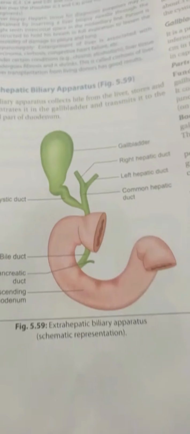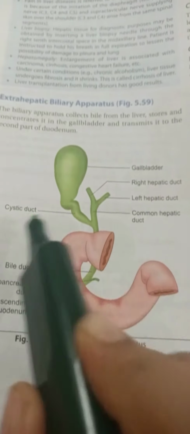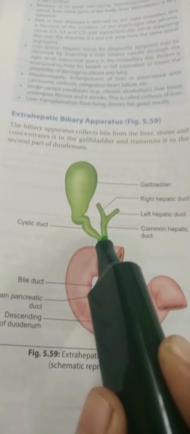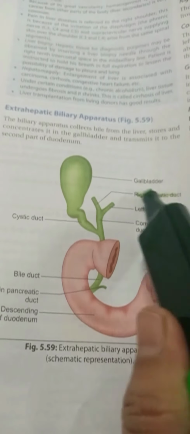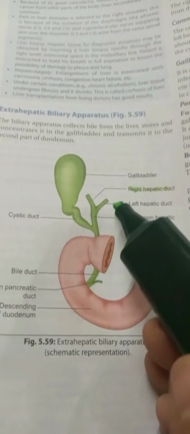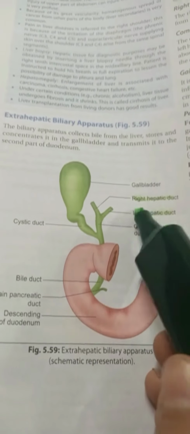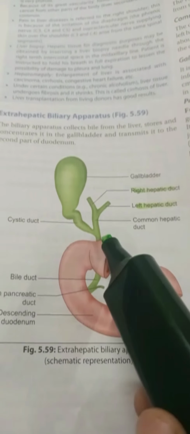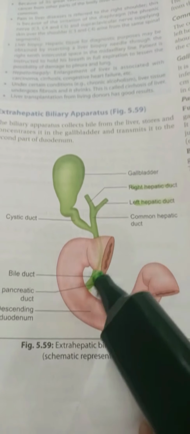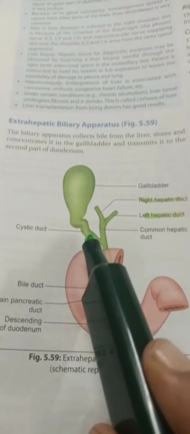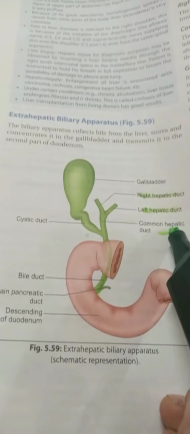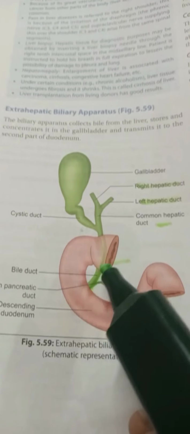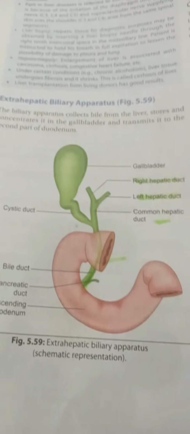So now coming to the gallbladder. In the gallbladder we have the cystic duct coming from the gallbladder. So this is the cystic duct. Now we have the right hepatic artery. This one is the right hepatic artery and this one is the left hepatic artery, right? When they join they form the common hepatic artery, and this is the cystic. Now this one is the common bile duct. It is formed by the joining of the cystic duct and the common hepatic duct, right? So that is called the common bile duct. So this is about the gallbladder.